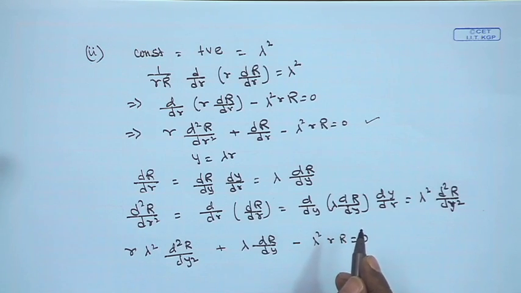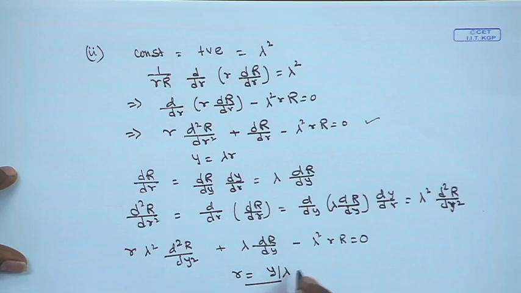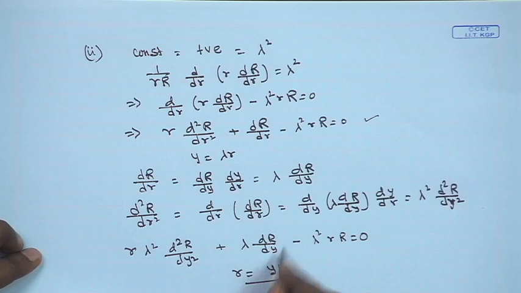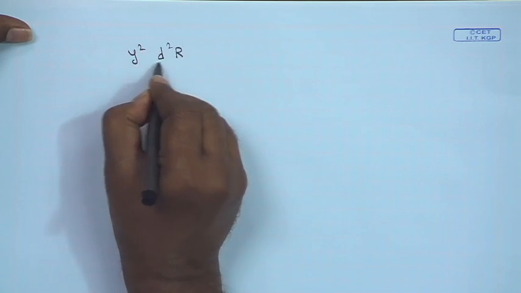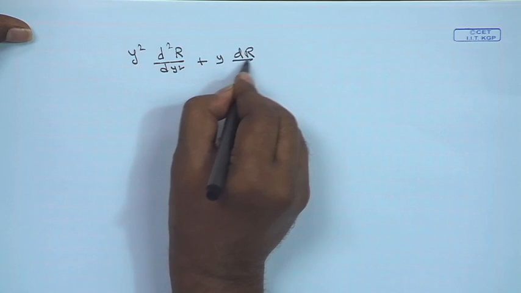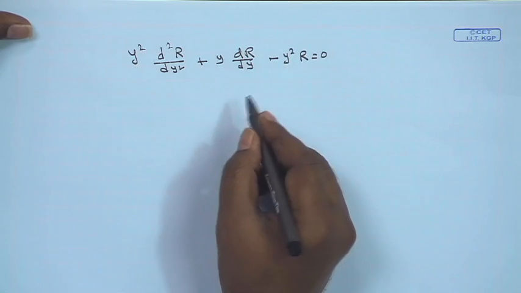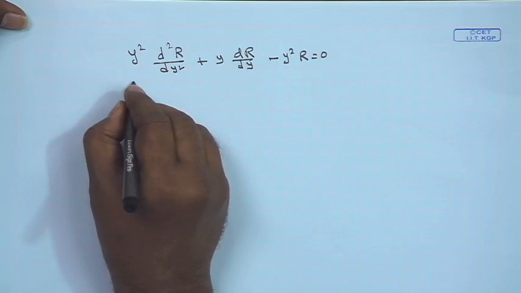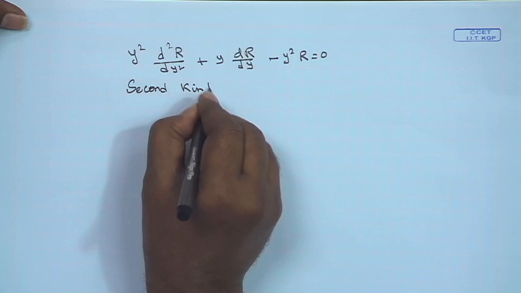Then we substitute r by y by lambda in this equation, and after substituting that, the neat form of the equation becomes y square d²R/dy² plus y dR/dy minus y square R is equal to 0. So, if we can identify it, this equation is a second kind Bessel function